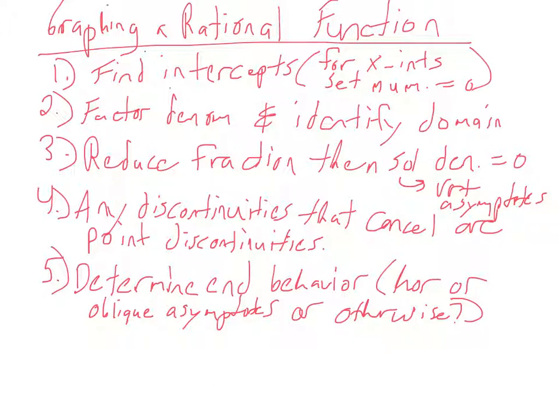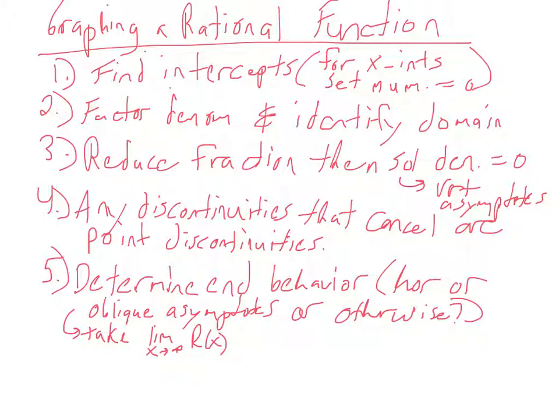Determining the end behavior is probably the trickiest part. That involves taking the limit as x goes to infinity of your function r of x, whatever that happens to be,